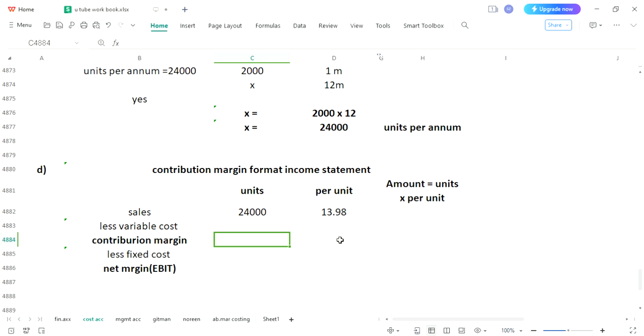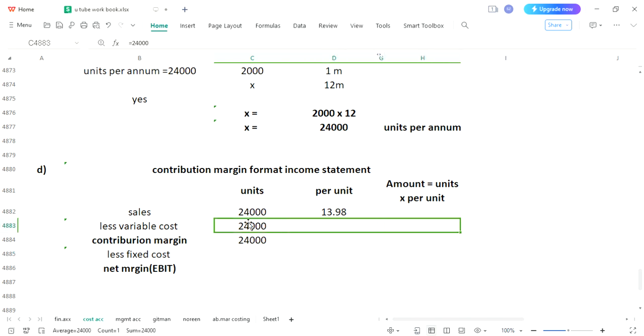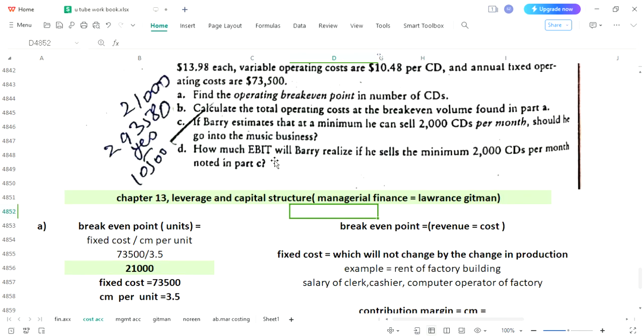So it is an understood matter that if you are selling 24,000 units, these 24,000 units would have been manufactured as well. So the same number of units you will write for your variable cost, and the same number of units you will write for your contribution margin. At this stage, you have completed the first column. This would be used to calculate your number of units, and right now we will put our per unit variable cost,